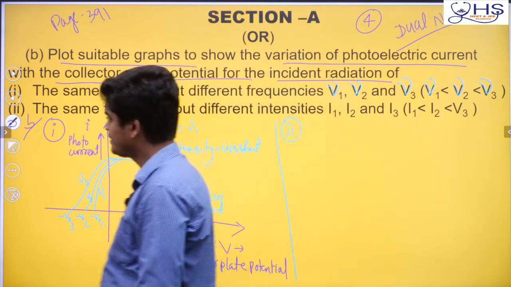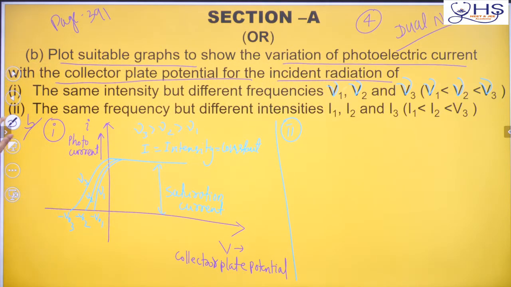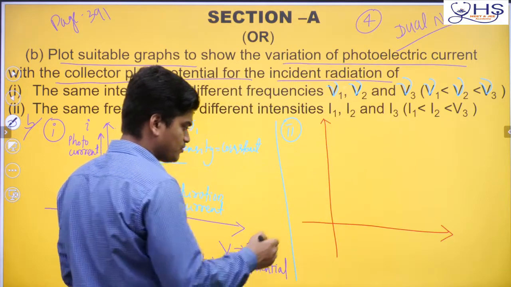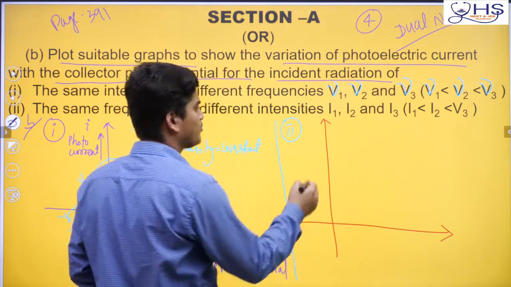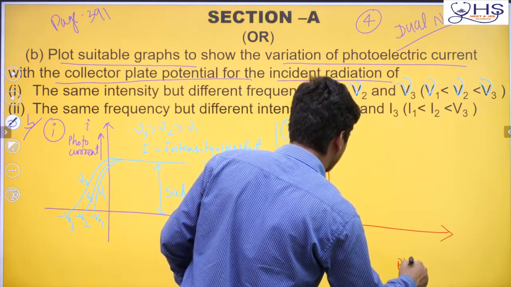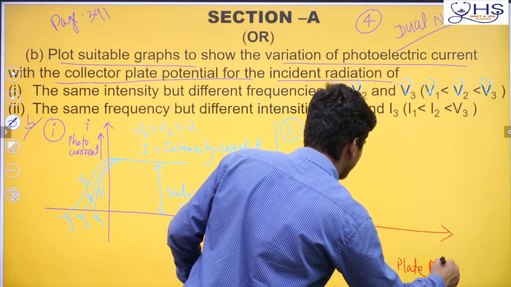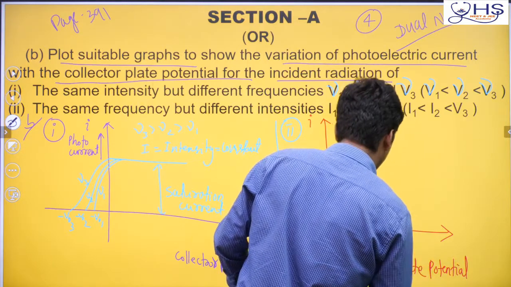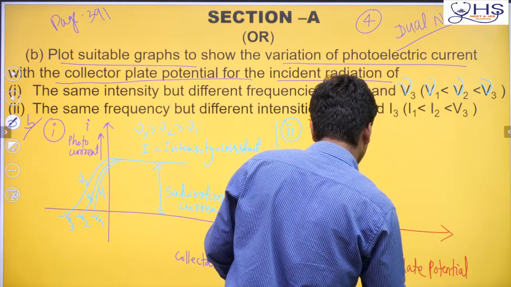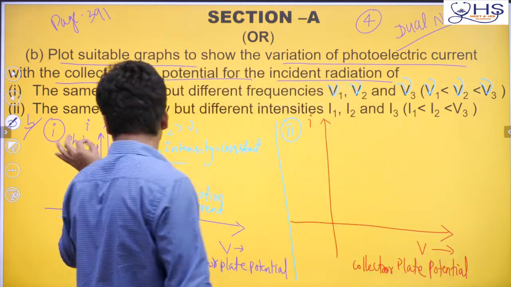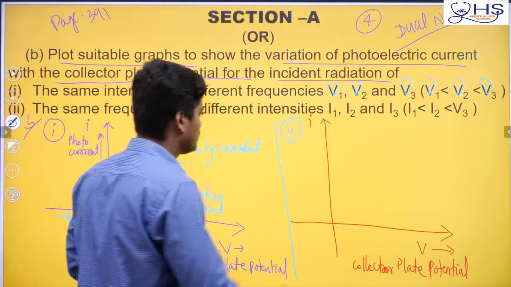They told the same frequency but different intensity. Now see here, same frequency, different intensity. Keep a little space here, one potential will come. So current I, and here you can take your collector plate potential, or plate potential. On the y axis, mentioning it, marks will be there because they are telling only to plot. So collector plate potential, and here you can take it in volt. This current you can take in milliampere, no worries. So your photo current is on this axis.